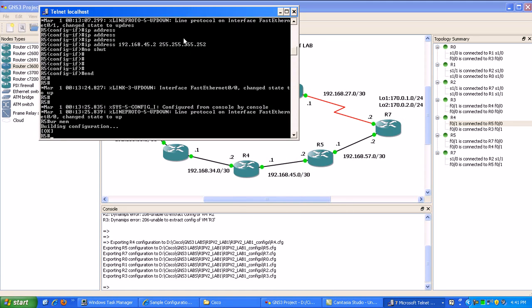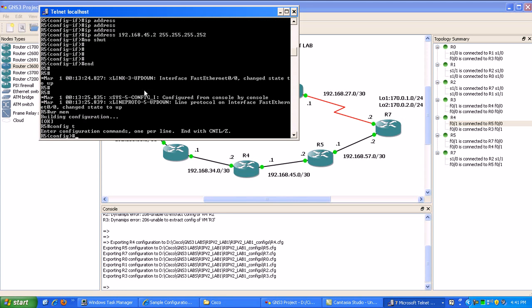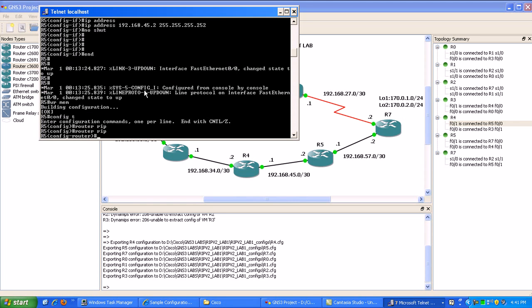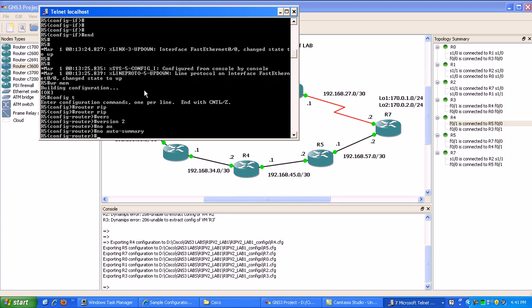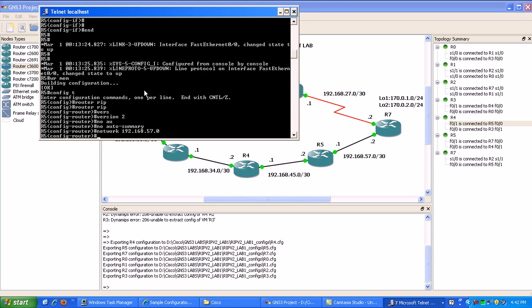All we want to do in router 5 is advertise our networks that are attached to our two Fast Ethernet interfaces. So under here we're going to go router RIP. We're going to do version 2, and then we're going to disable auto-summarization. And then here we want to advertise our networks 192.168.57.0 and